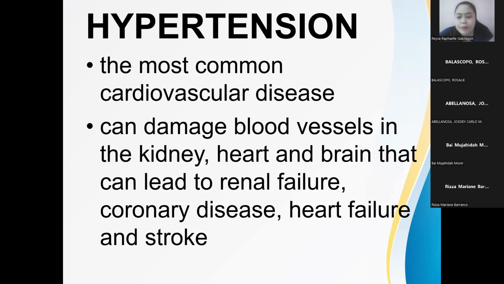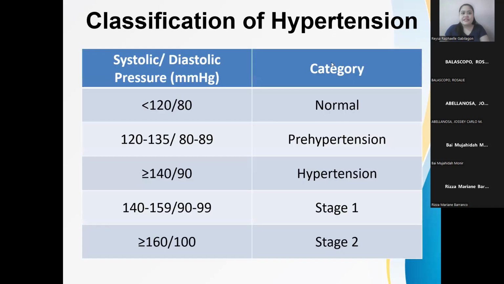So, there are many sequelae, many consequences of uncontrolled hypertension. And at the same time, it may also lead to damage in the blood vessels of the brain. So that is why we also have patients experiencing very high blood pressure that leads to stroke or aneurysm. Okay? So that is again damage to the blood vessels in the brain. I hope that is clear.